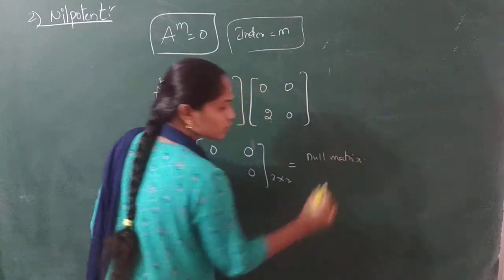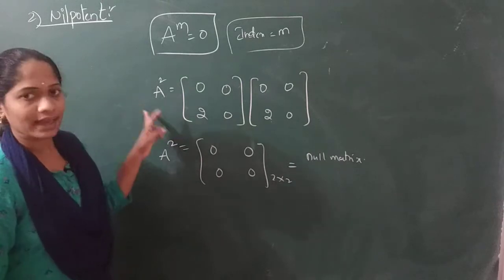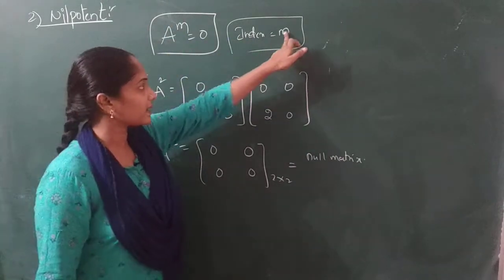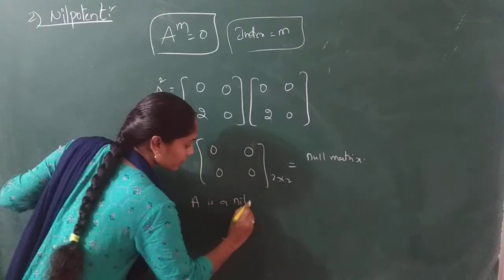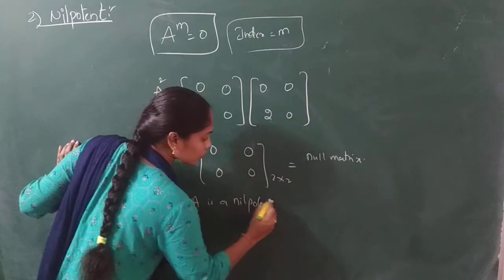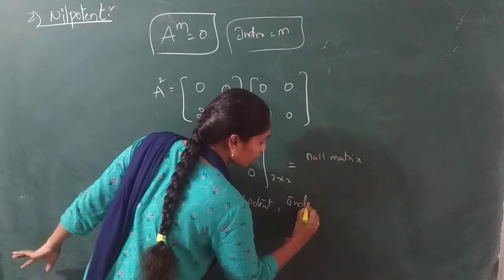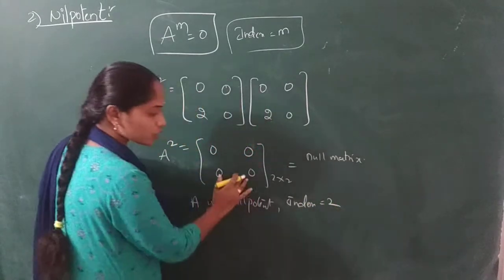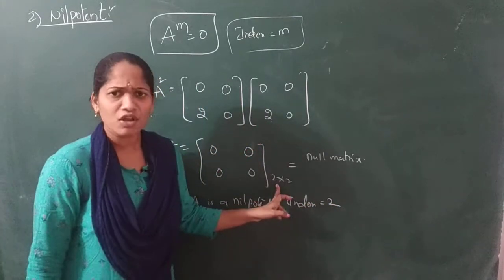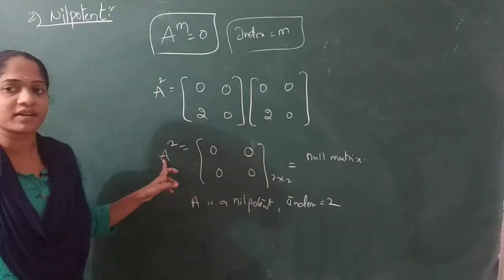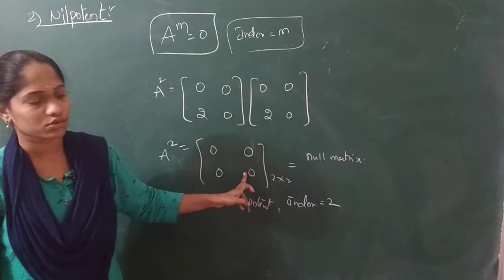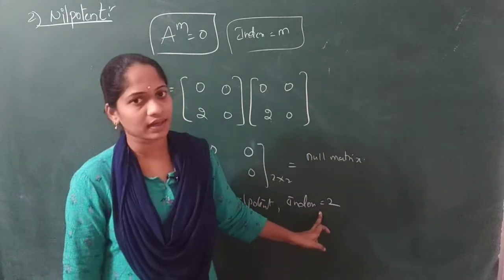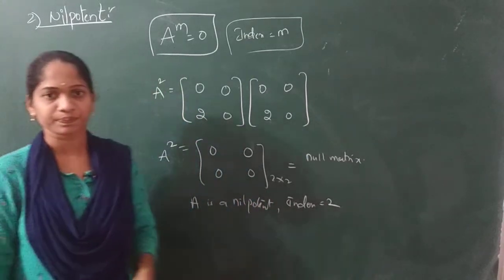So now what can you say, the matrix A is nilpotent of index what, 2. Here A is a nilpotent matrix of index how much? 2, right? You should not see about this order. Here it is A square, that is, how many times we multiply to get the null matrix, that is the zero matrix, and that is going to be our index. Let's see another example.